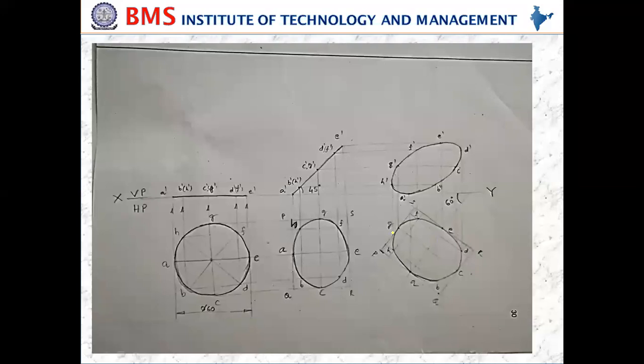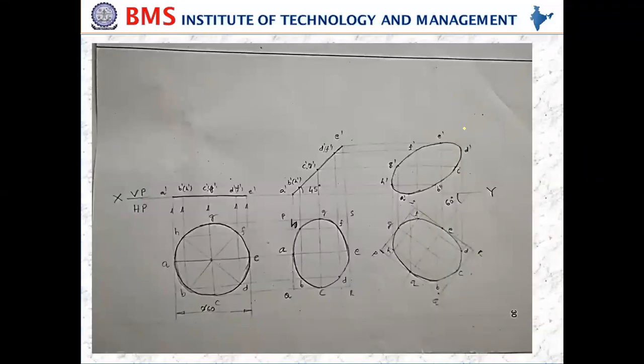Once you have done all this, this is the final view. You need to look at what this represents. This is the lamina when it is inclined at an angle of 45 degrees to HP, and it is resting on one of the points on the circumference, and the top view of the diameter which is passing through the resting point makes 60 degrees with VP. So all these conditions are satisfied with this position.